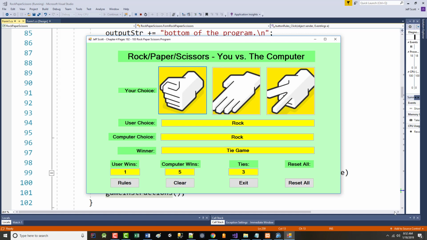All right. So what I'm telling you is when I click this button right here, clear, this should clear, this should clear, this should clear, but all of these values should remain. All right. So again, when I click clear, and you notice that's what happens. All right. And if I come in there and play a couple more games,